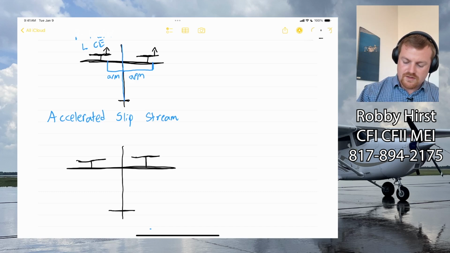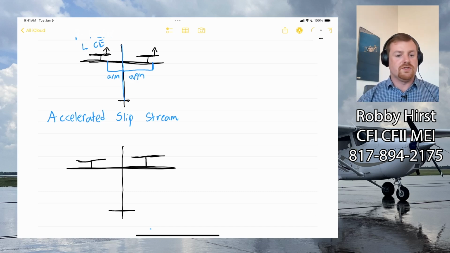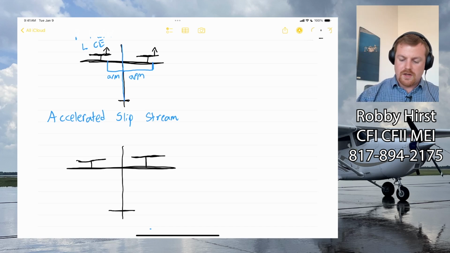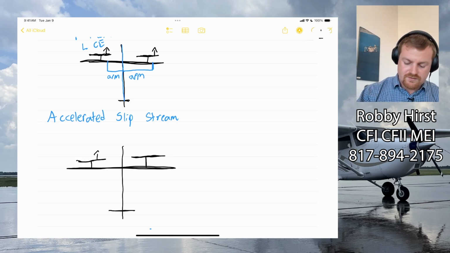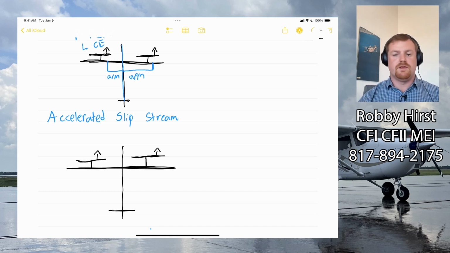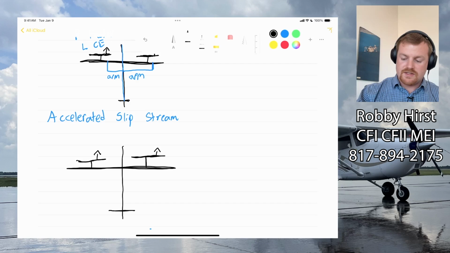I could have used the previous image here, but I wanted to draw it again. Because of P factor, because our center of thrust is to the right of the prop, as we've already discussed,